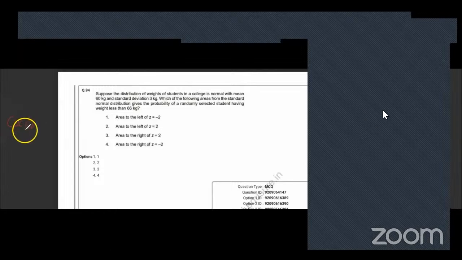CUCET 2023, question number 94. Mean is given to be 60 kgs and standard deviation to be 3 kgs. So, if x is equal to 66, then z is equal to (66 minus 60) divided by 3, which is equal to 2. So, since 2 is positive,